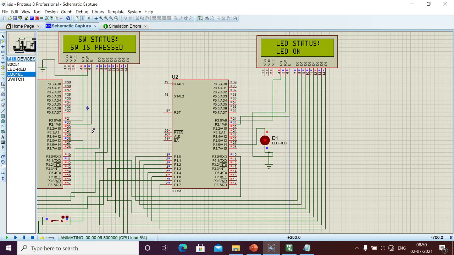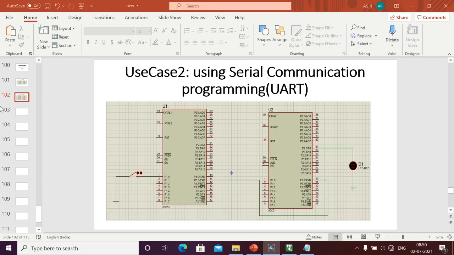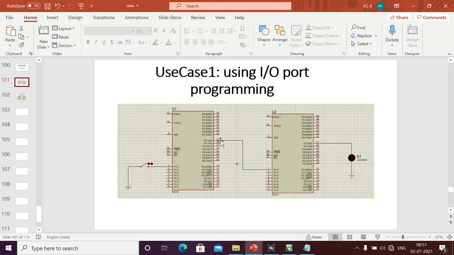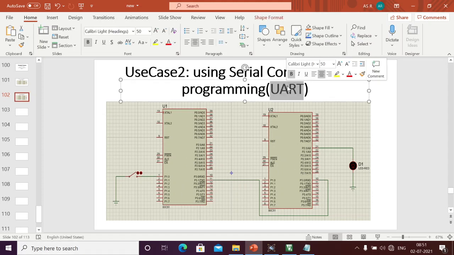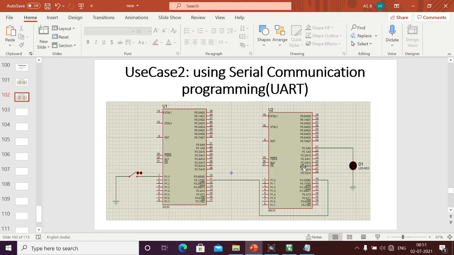See here, we are going to communicate between the microcontrollers directly using the UART communication. Here there are no intermediate chips in between to communicate between the microcontrollers. Here we have fulfilled both the use cases today. One, where we are sending the logic 1 or logic 0 between the microcontrollers. The second one is we are directly exchanging the data between the microcontrollers serially using the UART communication. Based on the received data, I'm going to turn on or turn off the LED. This second case also we implemented successfully.